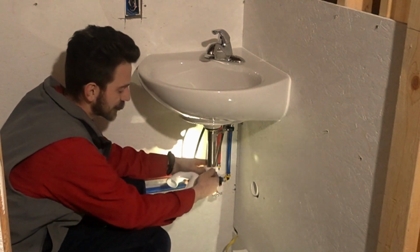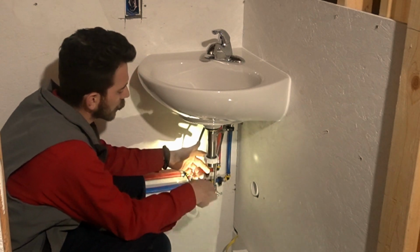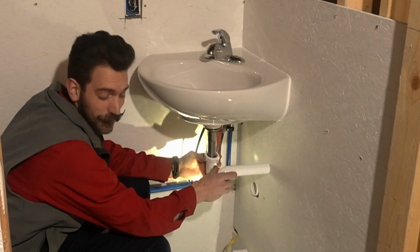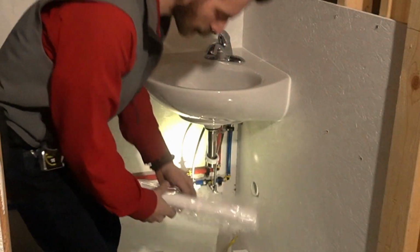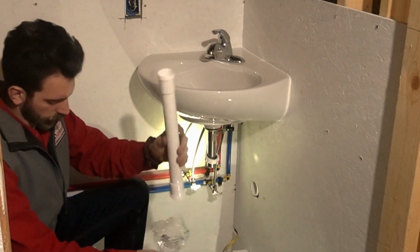Again, just like these, nut first, then ferrule. This is also a ferrule compression fitting. So, as we see here, we are way too high up, which means we're gonna need a tailpiece extension. Another trip to the bay because I didn't grab it. Alright, then,